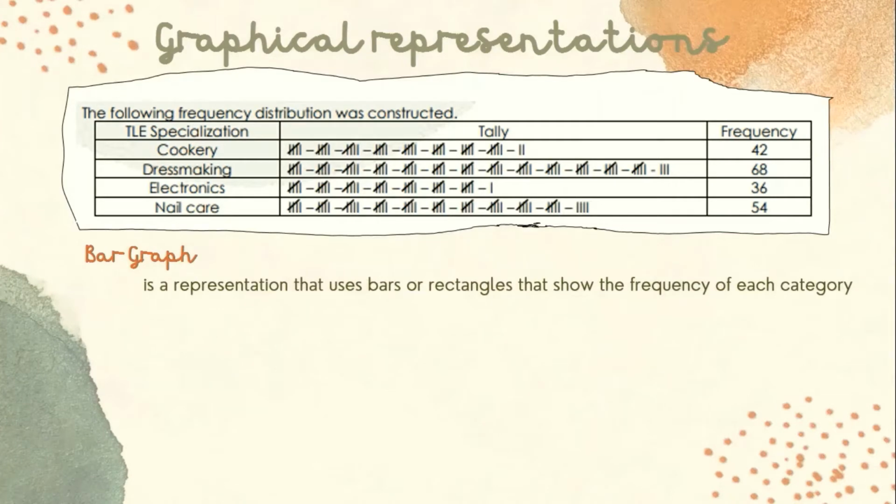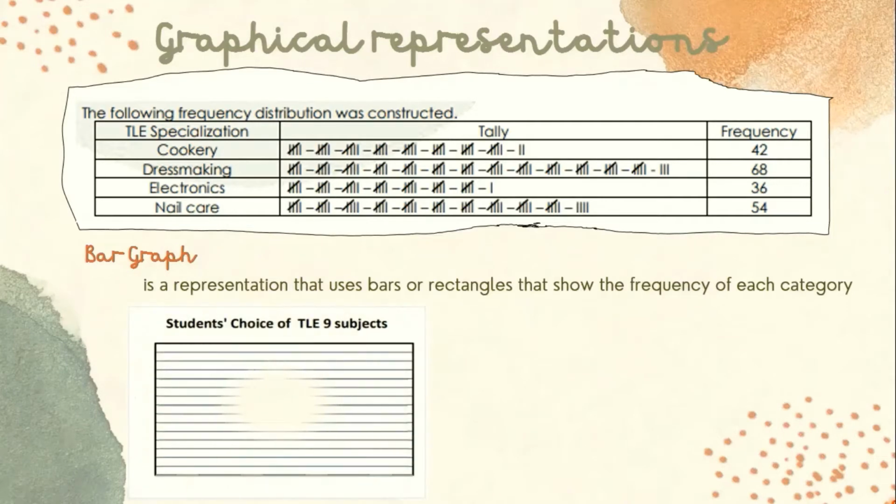A bar graph is a representation that uses bars or rectangles that show the frequency of each category. Based sa ating scenario kanina, say for example, ang napiling method of presenting data ng ating mga researchers ay bar graph, we will be constructing a bar graph out of the frequency distribution constructed when they organized the data that they have collected. For bar graph, ang una natin gagawin ay gumawa ka muna ng rectangle na may mga lines